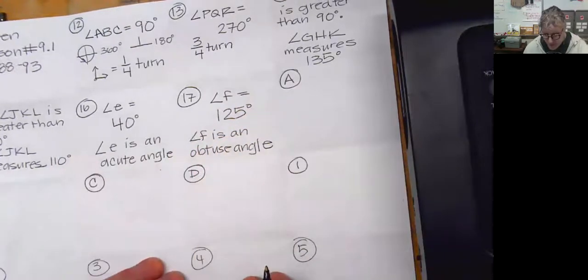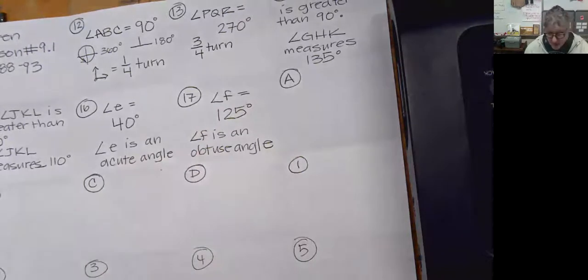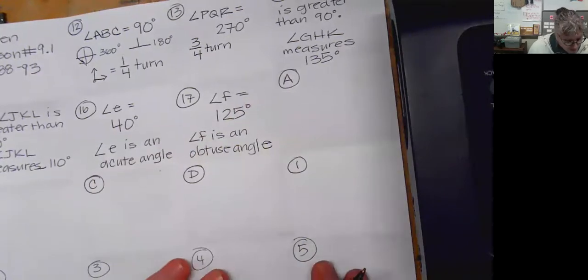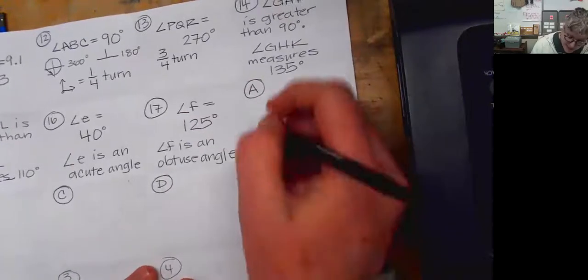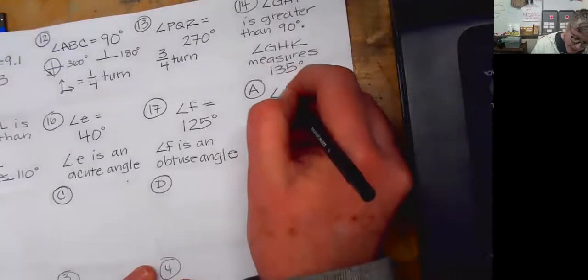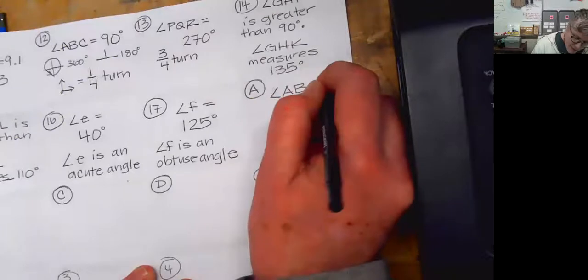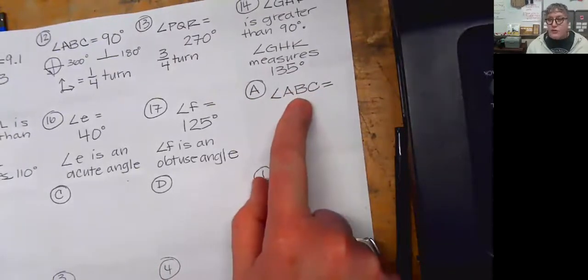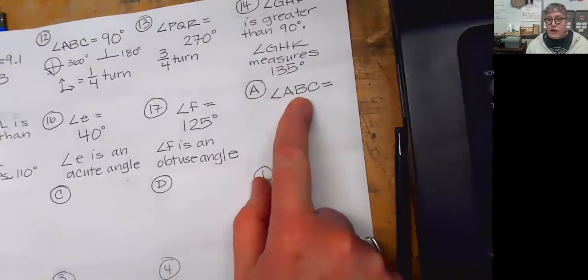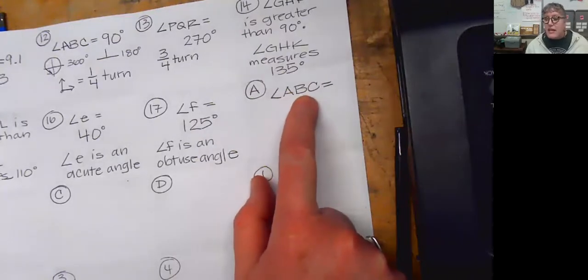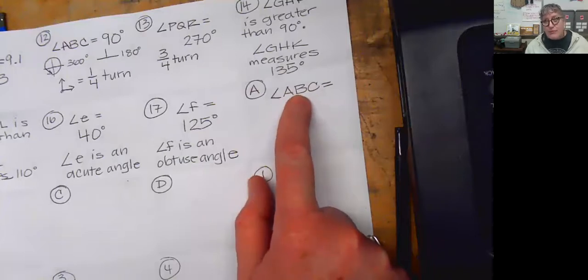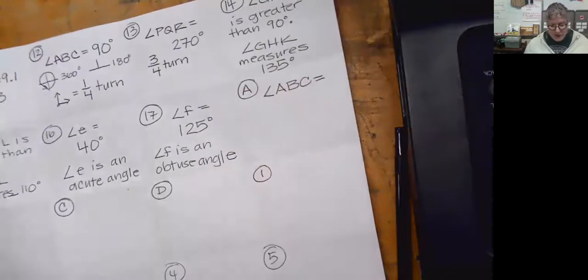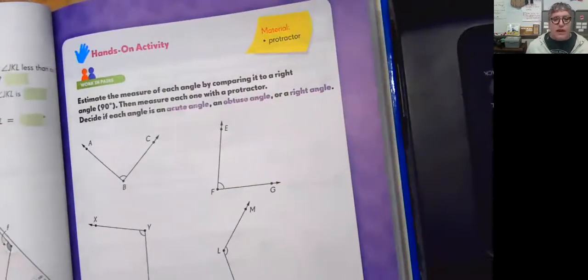All right. Now we're going to measure the angles that are on the next page. And the first angle I'm seeing, we're going to call it ABC. Angle ABC. And remember, the middle letter is always the vertex. So I could either call it ABC or CBA, but the B has to be in the middle. All right, so I'm looking at this angle right here,